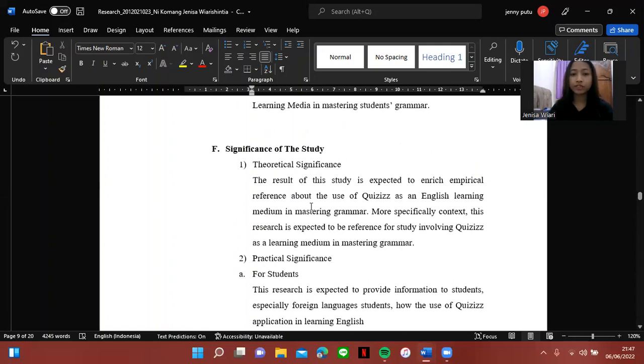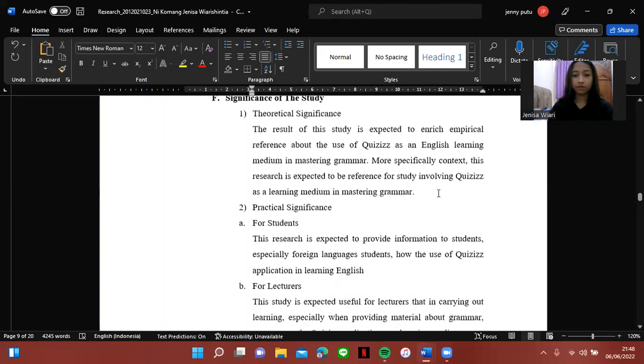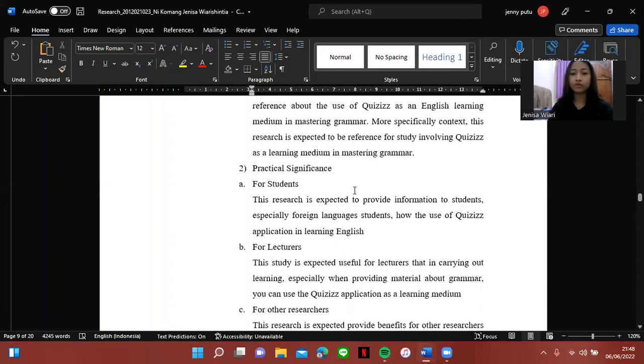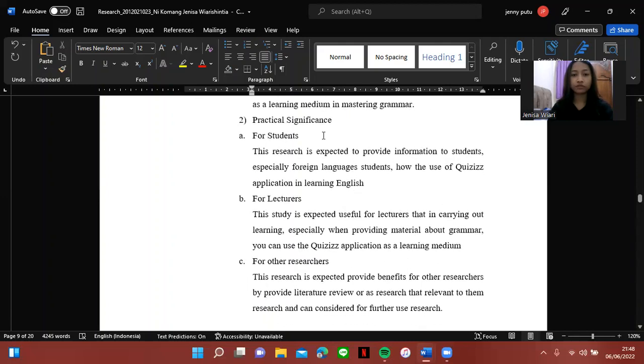The first one is theoretical significance. So the result of the study is expected to enrich empirical reference of the use of quizzes as an English learning media in mastering grammar. More specifically, this research is expected to give reference for studies involving quizzes as a learning media in mastering grammar. And for practical significance, the first one, for students, this research is expected to provide information to students,